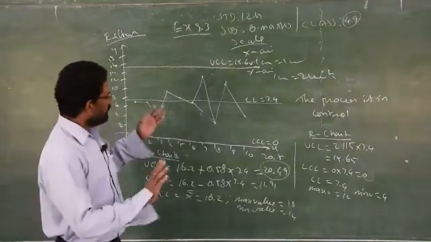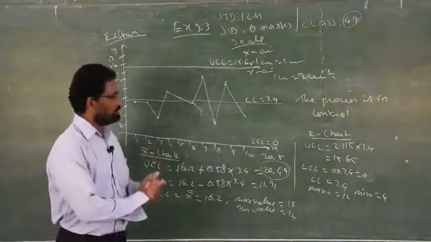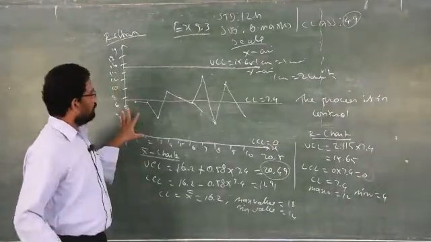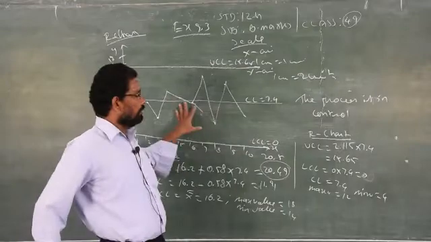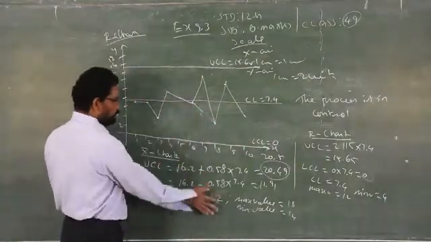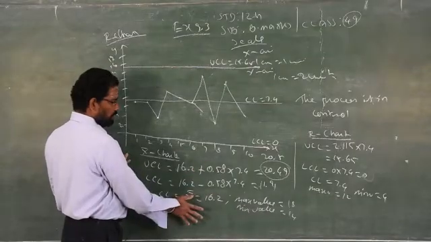So the problem is very simple. Only the diagram is very difficult. You have to be very careful. You don't have to take graph sheet. You can do everything in the main sheet itself. They will give marks. Boys, remember I told you how to find out whether the process is in control or not